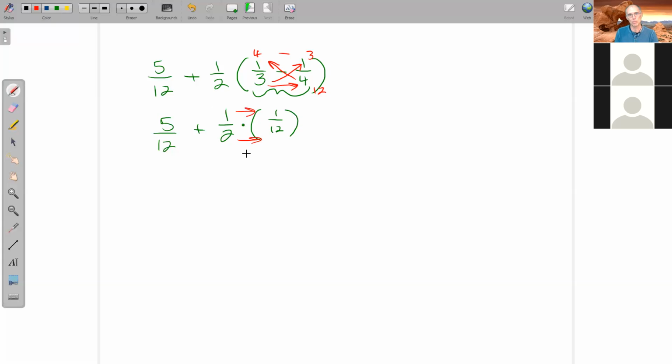Arrow across the top and bottom. So now we have 1 out of 24. And finally, we can add. Now here, although the arrow algorithm tends to be easier, I'm looking at this and saying, but 12 goes into 24. So in this case, the LCD algorithm is a little easier because I can just double top and bottom of this one. So my common denominator is, oops, not 12 anymore, it's 24. And I have 10 plus 1 or